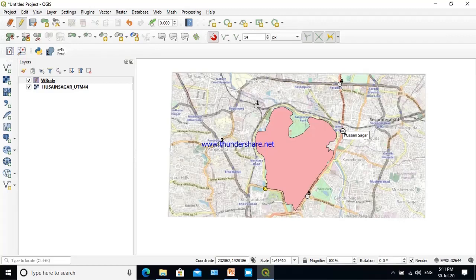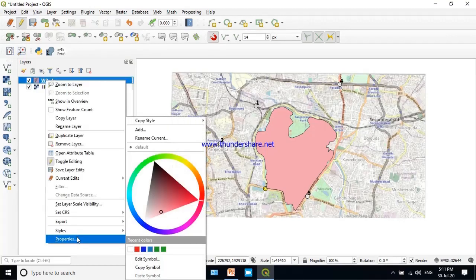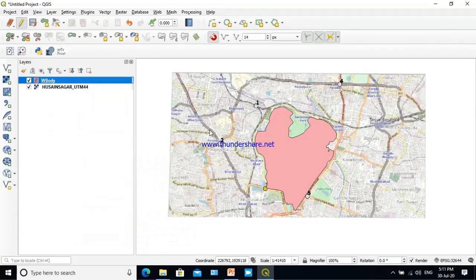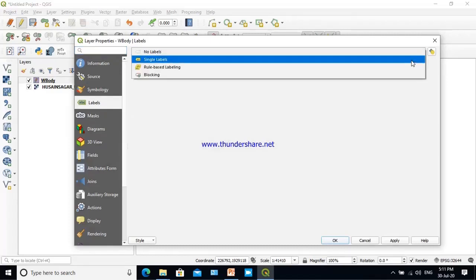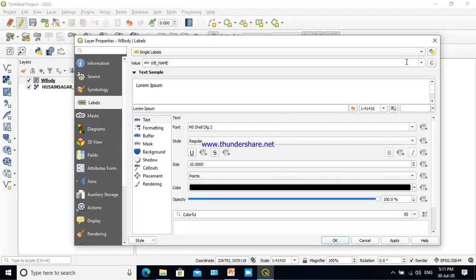Now see whether the value that we provided is available here. If available, it can be displayed by label or no label, to single label, and which field will provide the label, that is water body name.